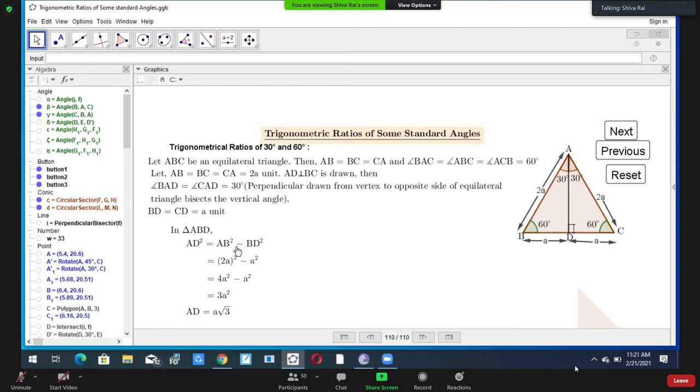We are writing. Already you know, AB means twice A. You look here, we are supposing AB equal to BC equal to CA equal to twice A. So AB square equal to twice A square, whole square, minus BD square. BD equal to A. You look, BD is half of BC. It means twice A divided by 2 means just A. So BD square